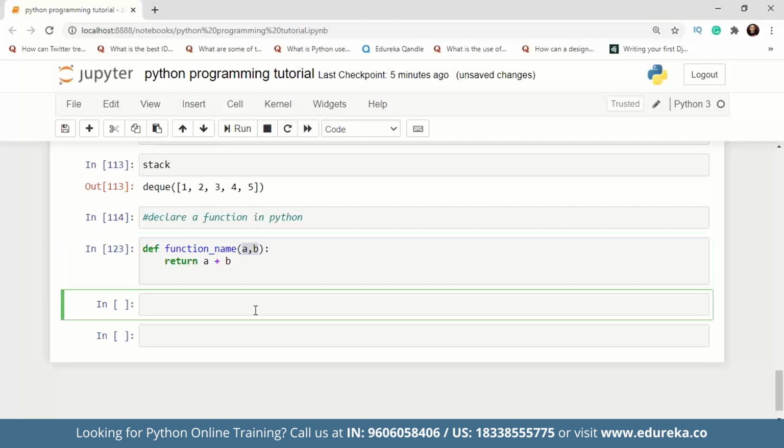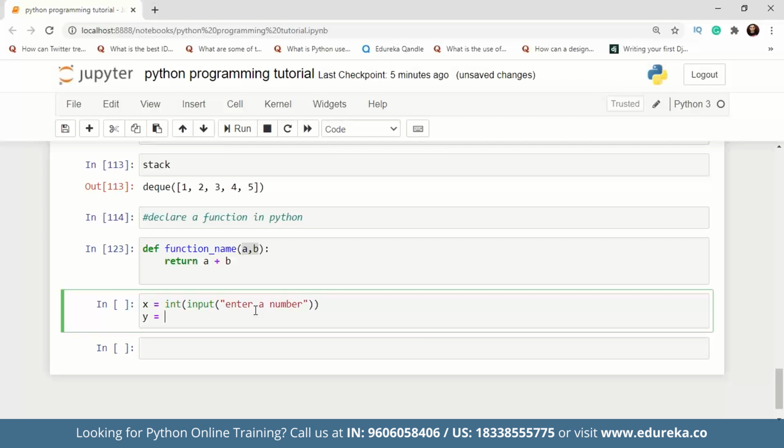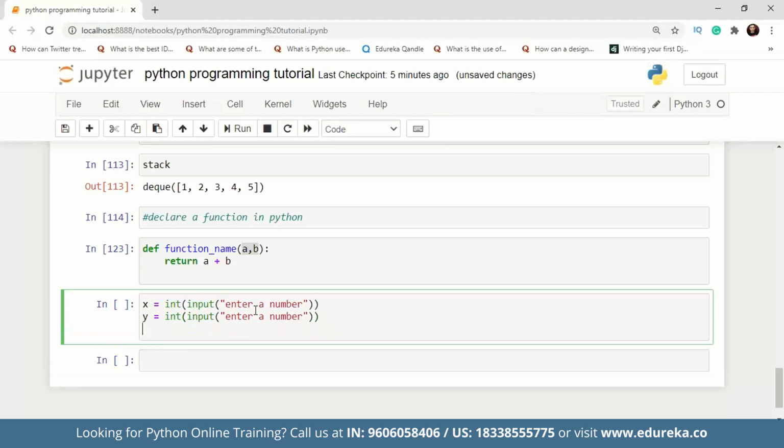All right, so now what I'll do here is get the input. So we'll use x and y. Input is one method that can be used to get the value from the user during runtime. We are taking int as input because we want summation, so we do not really want strings there, and that's why we are doing that. And after that we will call our function and pass x and y over here.